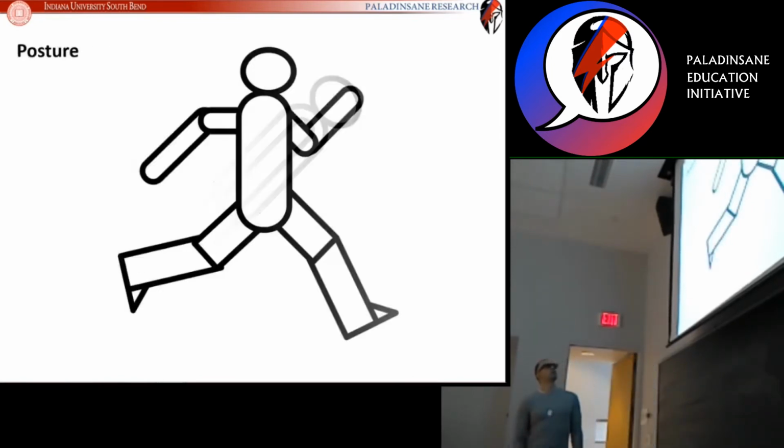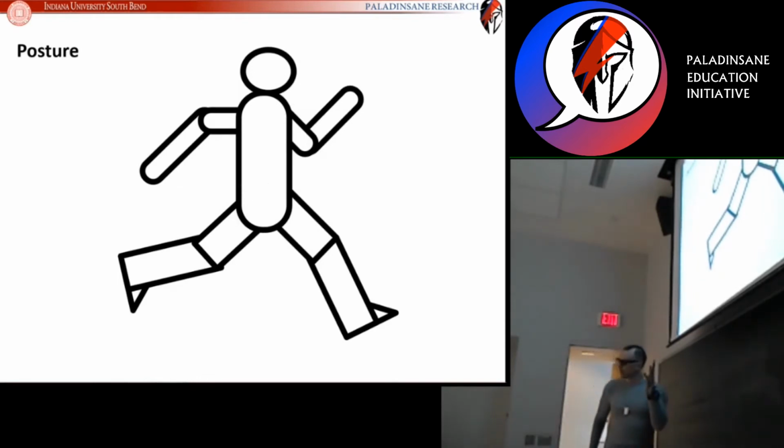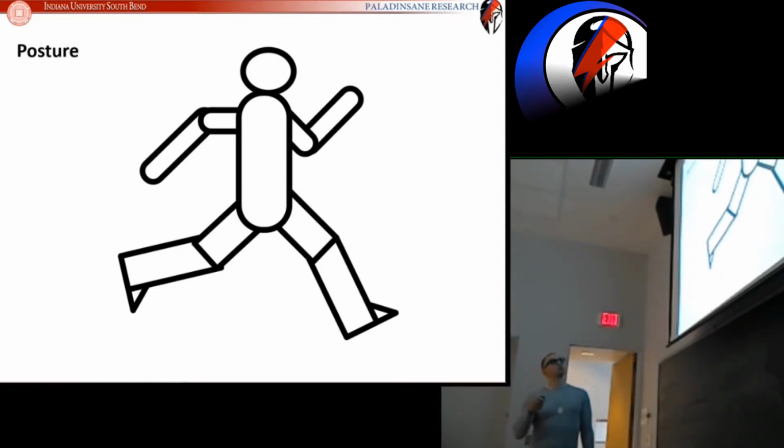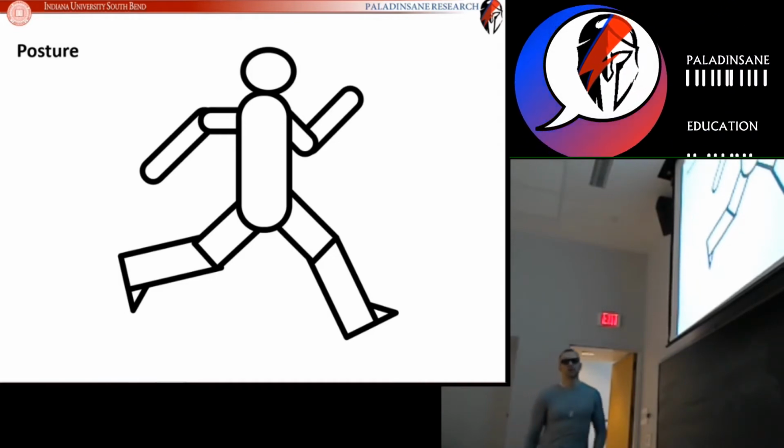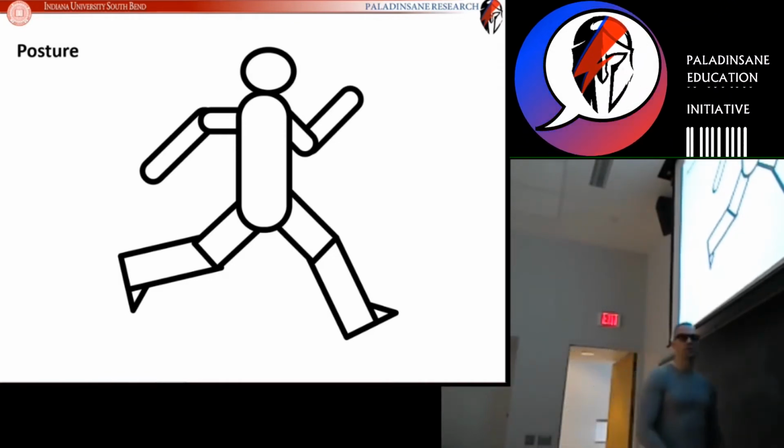The next device that we looked at, and this one is very important, is posture of the arms and the legs. When you run, you have to move your arms and your legs. So in any picture that we saw where a person was running, were they depicted as having their arms and legs in this running position?